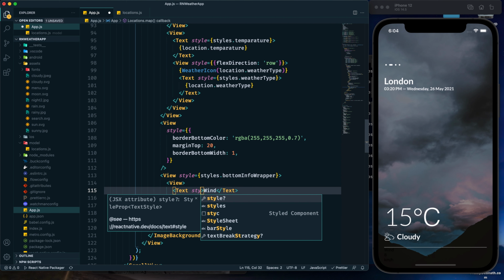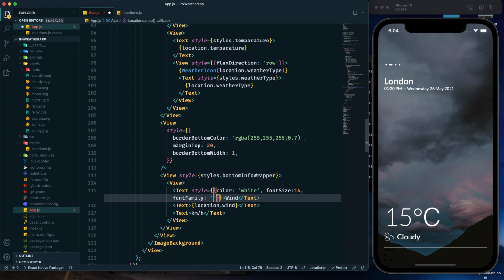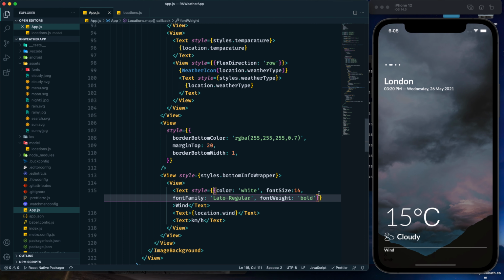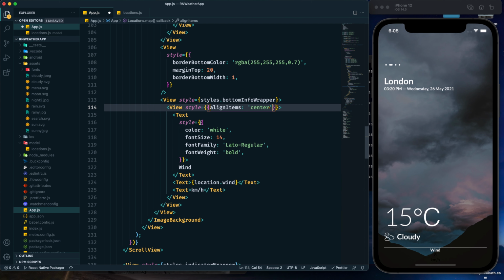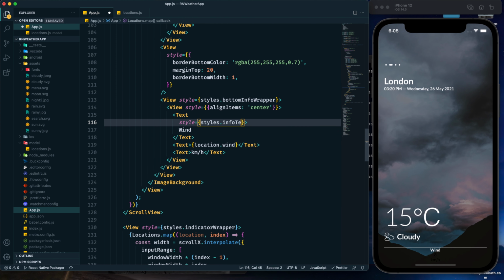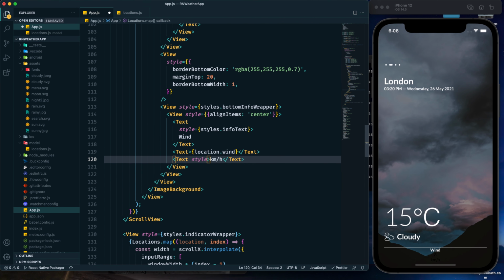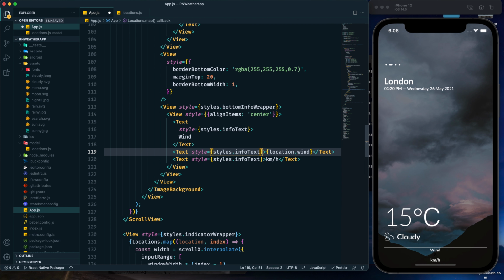Now for this text style I will provide white color. For font size of it I will provide 14 pixel. For font family I will use Lato. For font weight I will use bold. Now save it, and let's provide a style for this view, which is align items center. Now let's copy this style and put it in our style sheet. Let's name it as info text. So it will be styles info text as well, and for this one it will be styles info text,